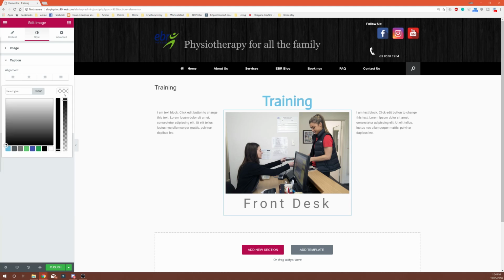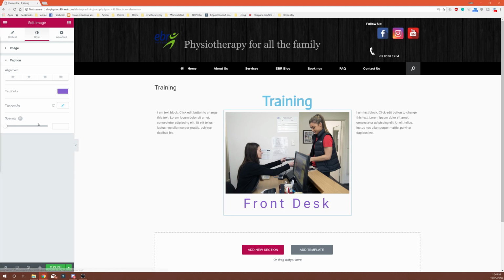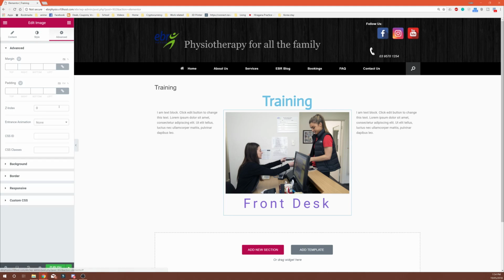And text color, again, you can change the color of it. So let's say if we want green, put that there. Or purple or blue, anything will work. Advanced settings for all these widgets would be quite similar. It's where you'll find the margins, the paddings, the Z index, background border, responsive, custom CSS, but mainly we